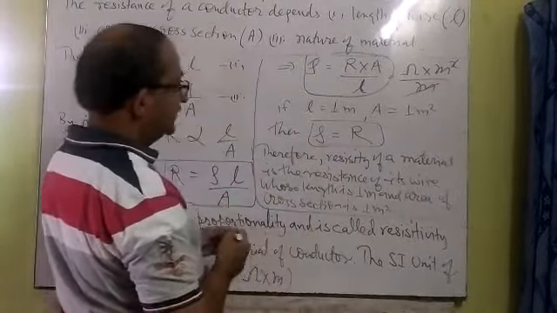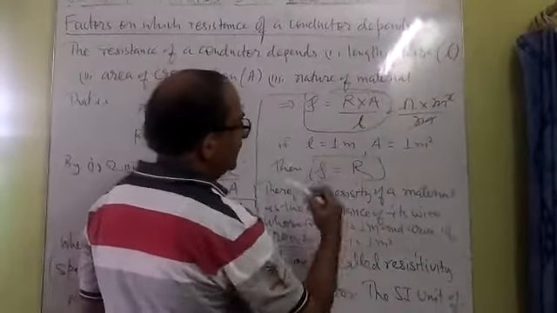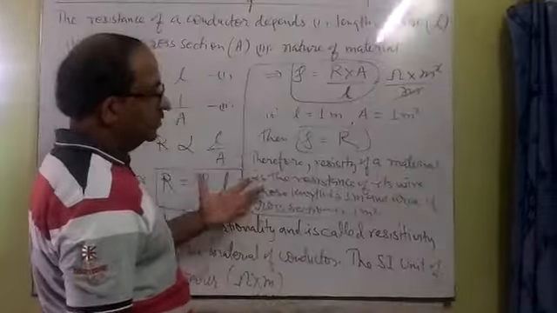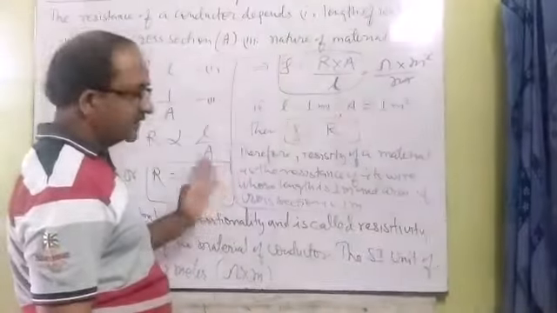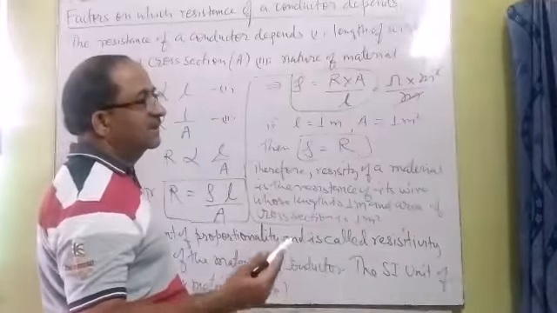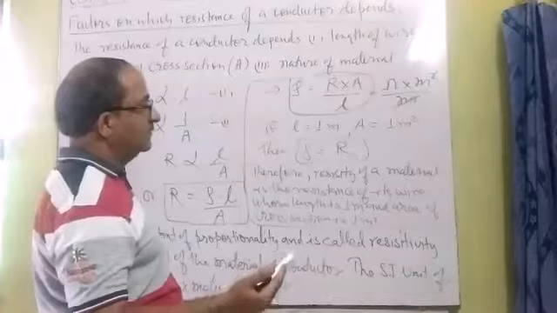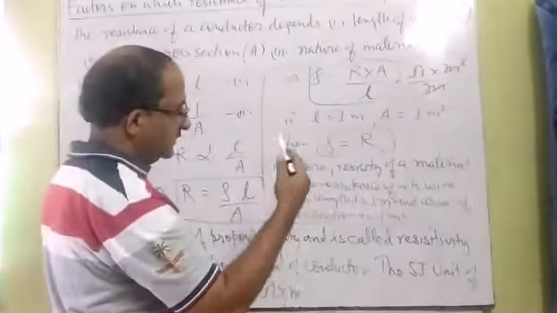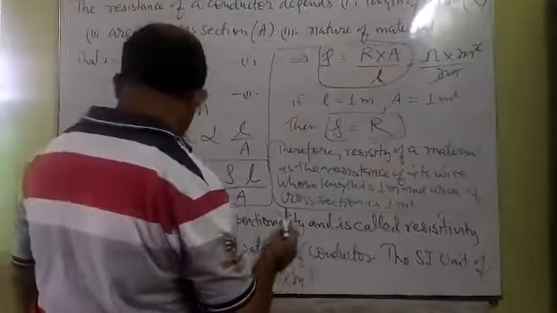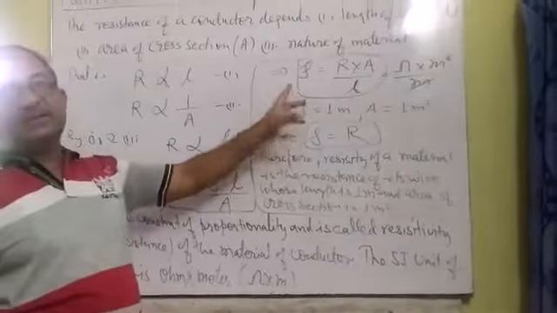Resistivity depends only on two things, because the length is unit and the area of cross section is unit. That is why resistivity depends only on the nature of the material and the temperature. Earlier we discussed that there is a role of temperature, because if the physical condition like temperature changes, its resistivity also changes. Generally, resistivity increases by increasing the temperature, but not always, and not directly proportional. There is a formula between temperature and resistivity in which the temperature coefficient of resistivity, alpha, has to be used. So specific resistance or resistivity depends only on two things, nature of material and temperature.